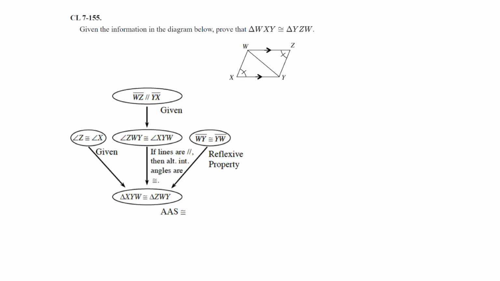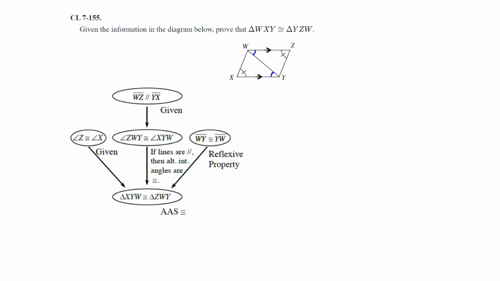Question 155. Given the information in the diagram below, prove that triangle WXY, which would be this one, is congruent to YZW, which is this one. So you're trying to prove that they are congruent. And I went ahead and put the answer on here as a flow chart, but this is the part that's given to you. You know that WZ and XY are parallel to each other, and since you know they're parallel, when you cut by this transversal WY, then that means your alternate interior angles are congruent,